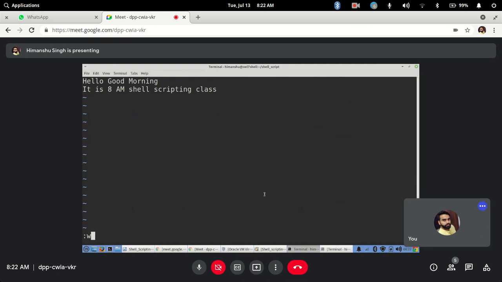Got it? W is for writing to that file, and I hit enter and it says 2 lines 52 characters written to this particular file. Clear?